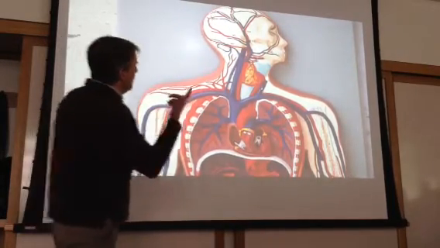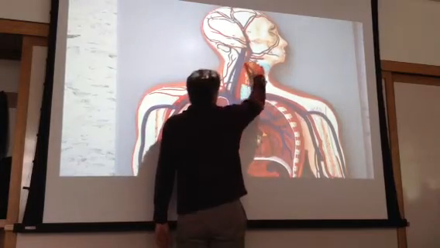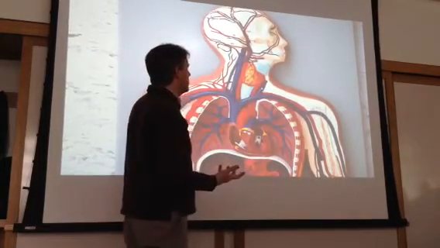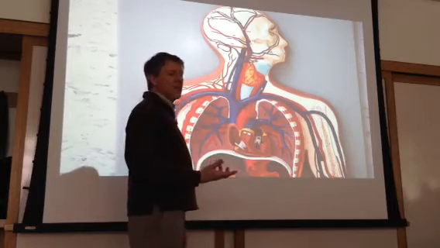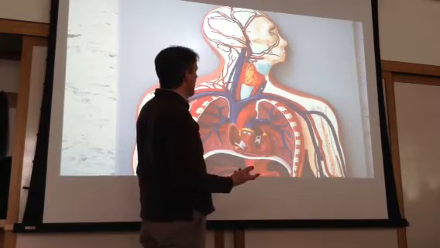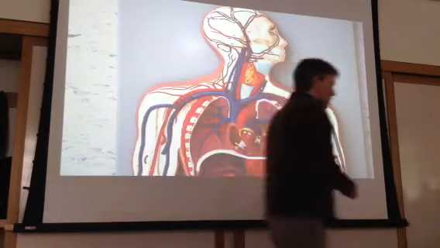Okay? If you follow the common carotid artery up, it's going to branch and give off what and what? Internal and external carotids. All right? On these models,